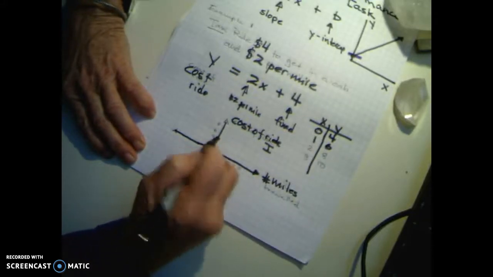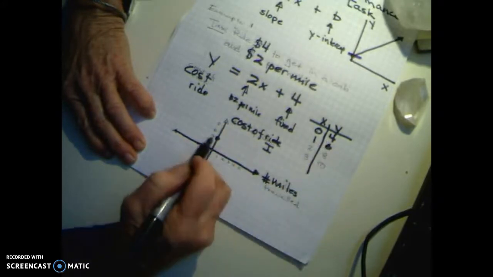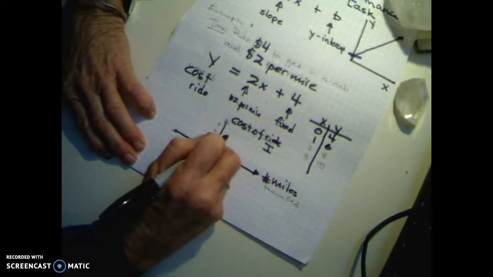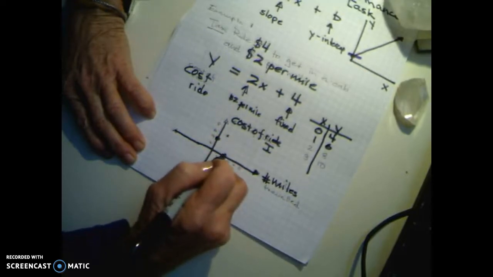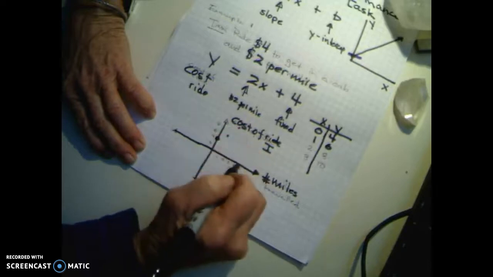That's my y-intercept. So no matter what, if I just get into the cab, I've gone 0 miles, I still pay $4. If I go 1 mile, I will pay $6. So my second point is here. If I go 2 miles, I'm going to be paying $8, and as you can see, this is going to